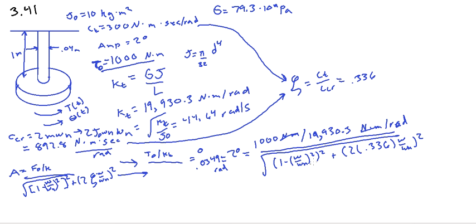I didn't put the omega n in, but it's right here, so you can plug that in too. Then the only unknown you have left in this whole equation is omega itself. So then you just solve for that, and that will give you omega equals